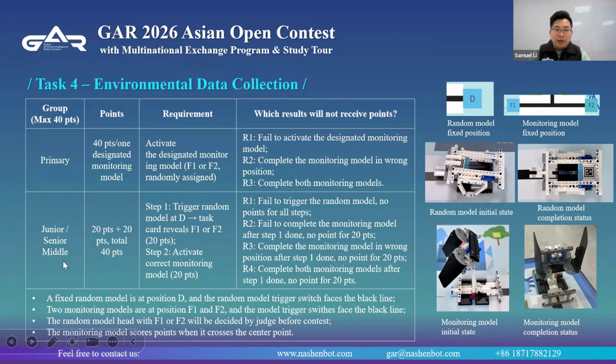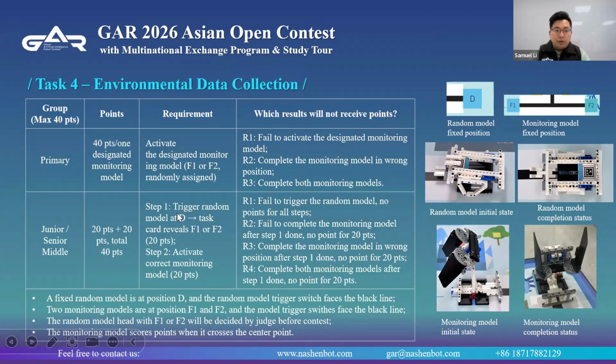But for junior and senior, firstly, you need to trigger the random model at the D area to get 20 points, and then activate the correct monitoring model to get another 20 points. So total 40 points. For the primary school group, the requirement is to activate the appointed monitoring model, maybe F1 or F2, randomly assigned by the judge.